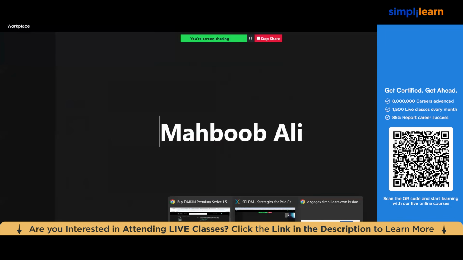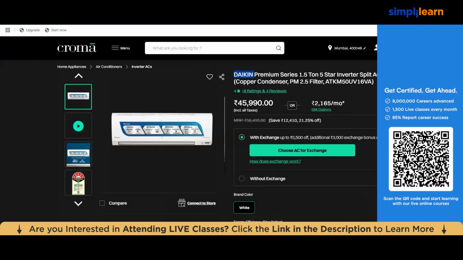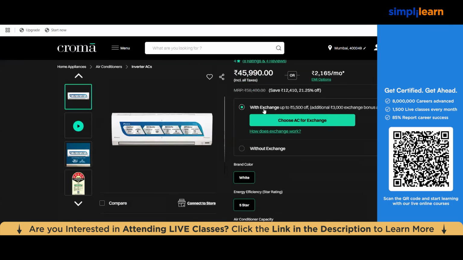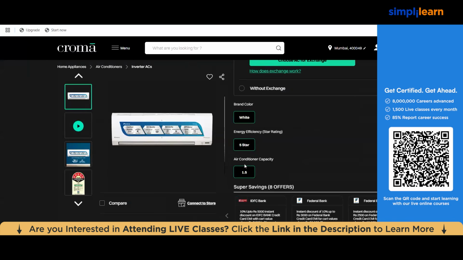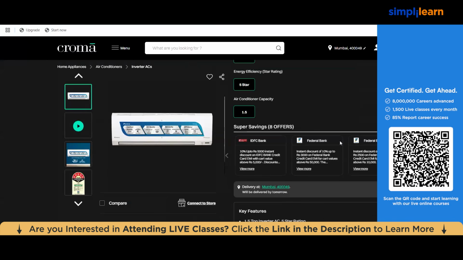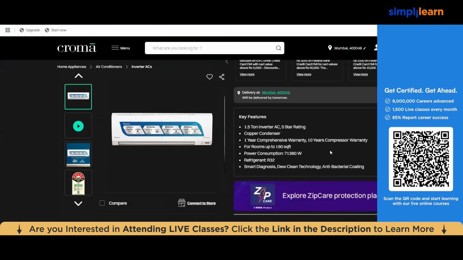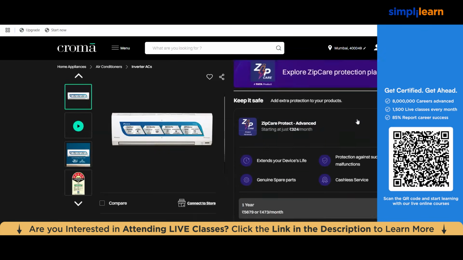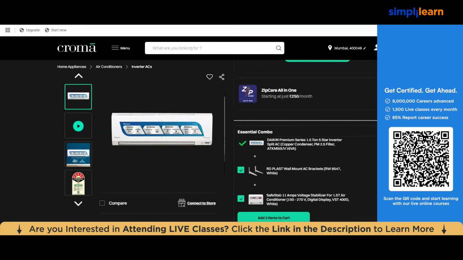So that's how you're supposed to write the description in detail, right? And that's what I'm talking about. So all those things, with exchange, brand, color, features, everything you need to mention, your key features, all sorts of things that you can see over here. But if you go down,